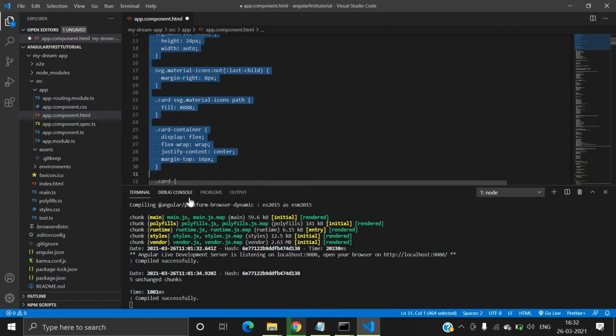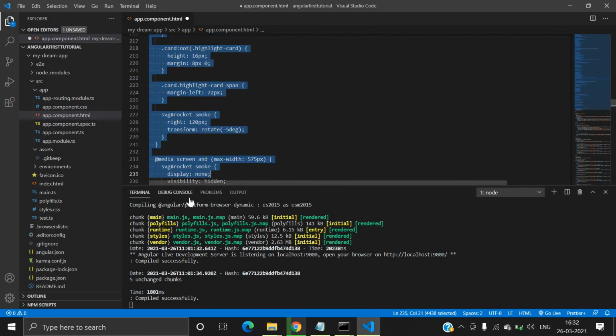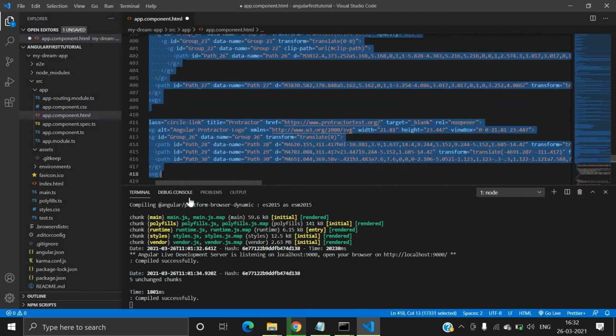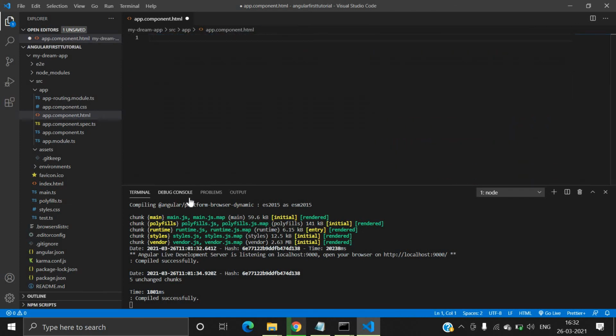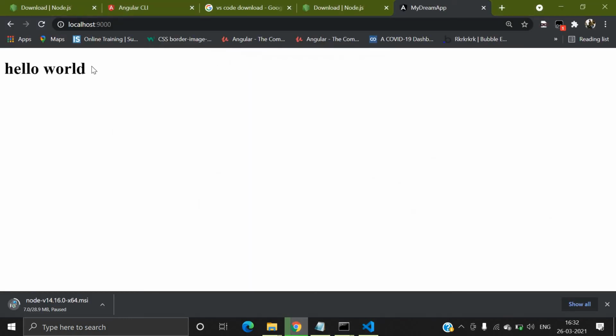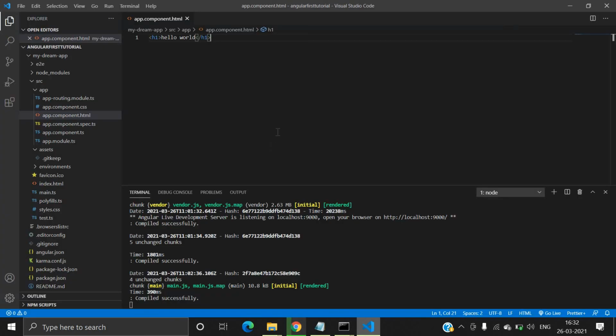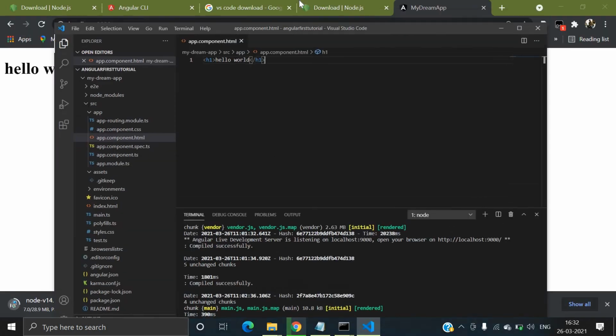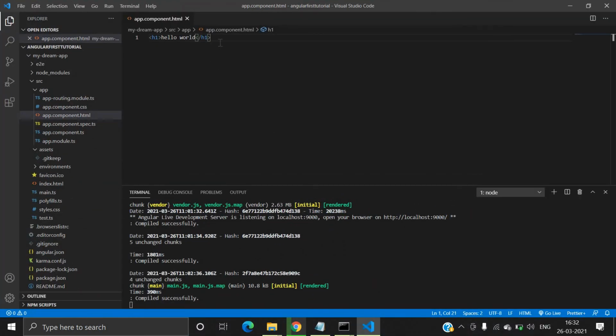I will remove all of it, and I'll just write here hello world, and initialize and compile again. Now here you can see this is the first project you have done. This is a very simple way to initialize and compile your project.